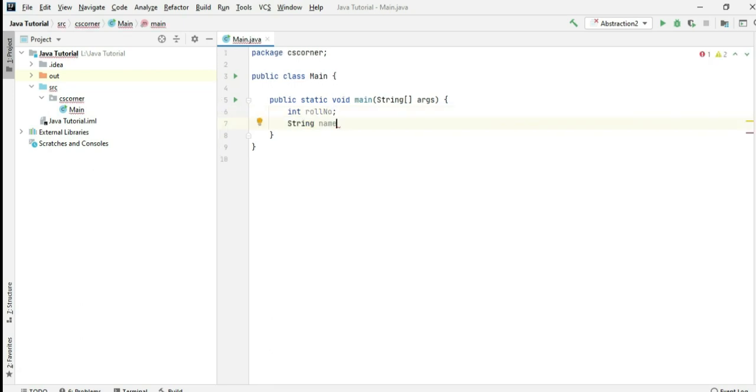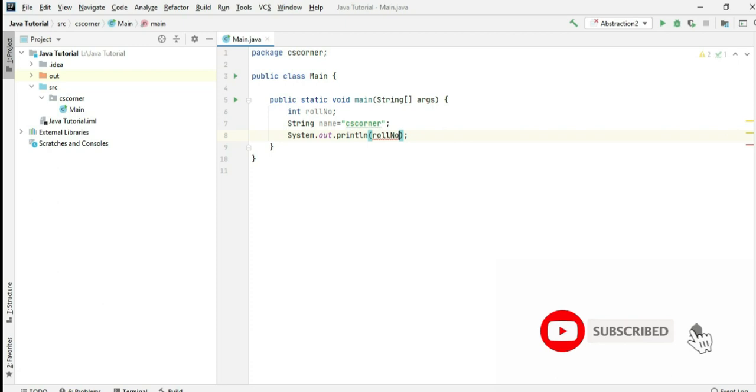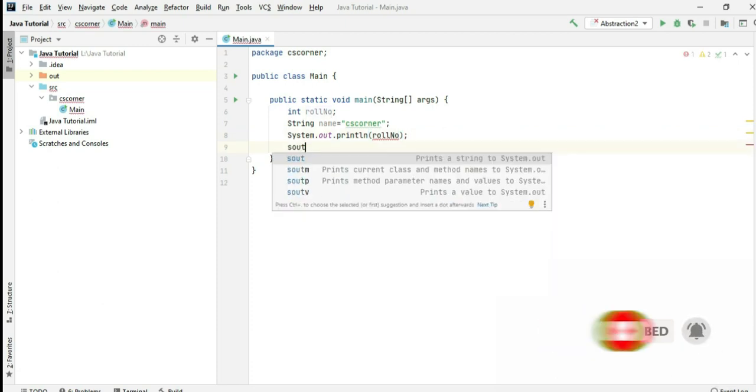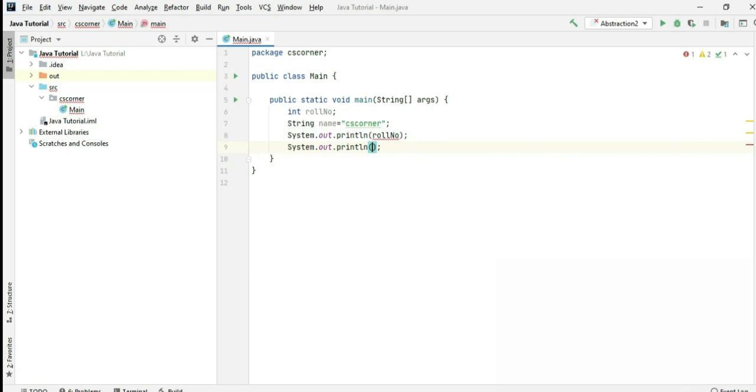Then I'm creating another variable, string name. In that I'm assigning value CS corner and then semicolon. Now let me quickly print these values. I'll just write sout and tab and then I'm printing roll number, and then again I'm printing another value, that is